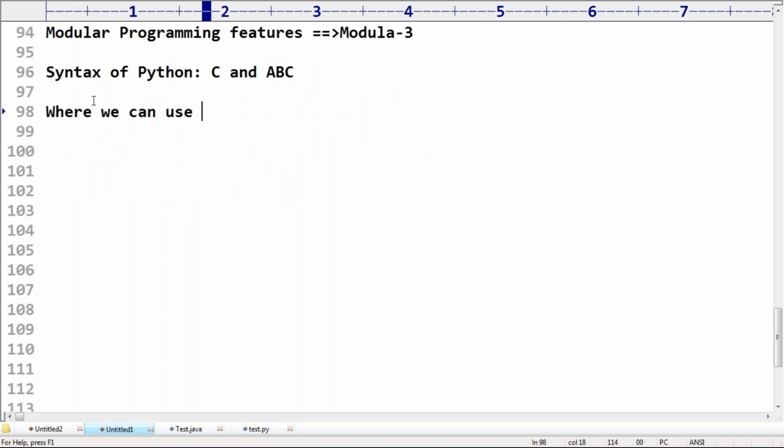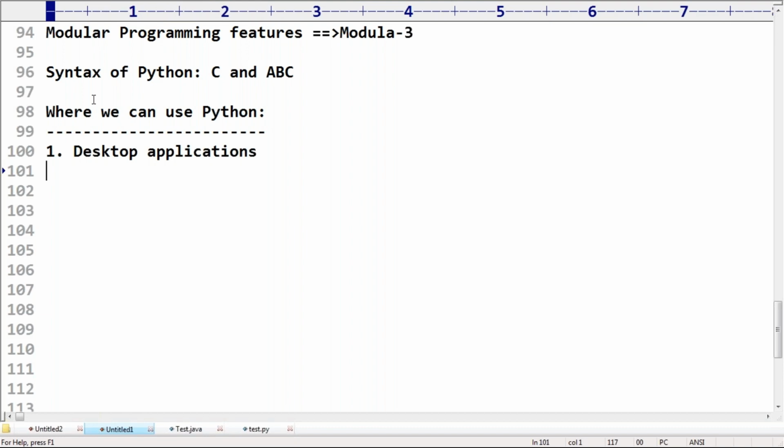Next, where can we use Python? Very simple, sir. To develop desktop applications, like a notepad, paint, MS Word, whatever programs are running on a single system, those standalone applications, desktop applications, right?